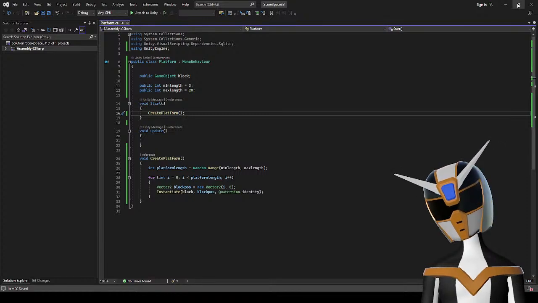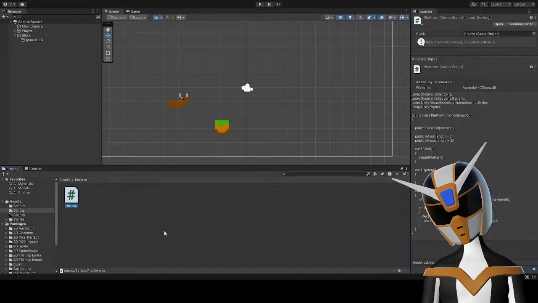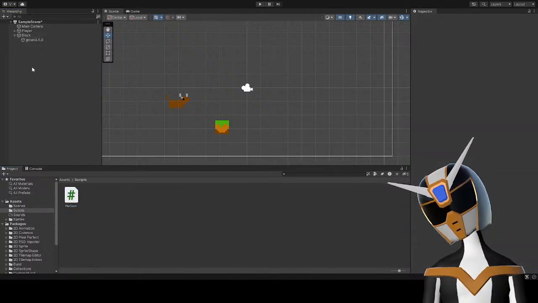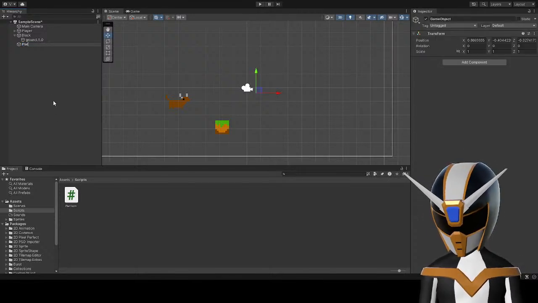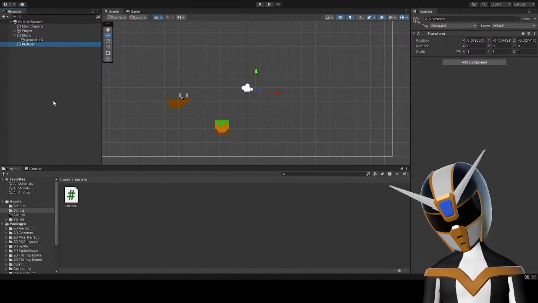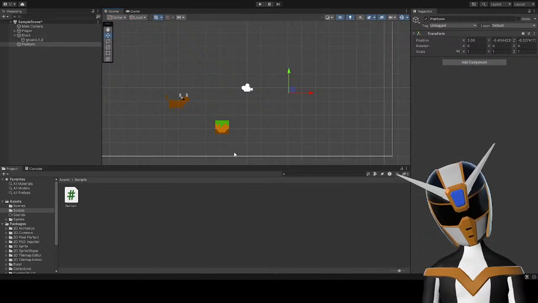Hopefully that'll work. Let's head back into Unity here, and create a platform game object. I'll just leave it right there.